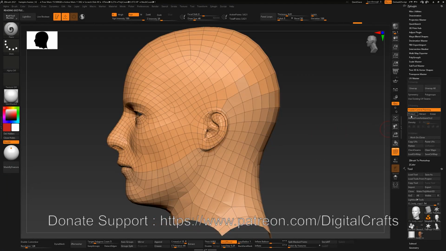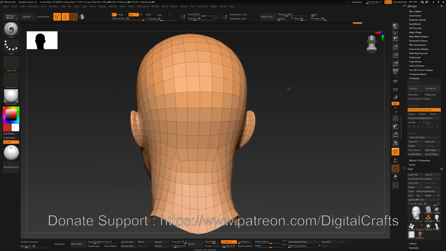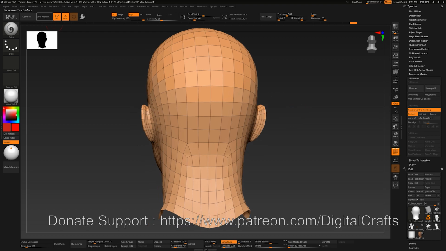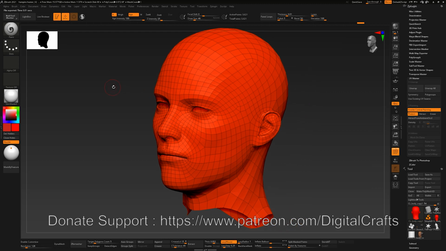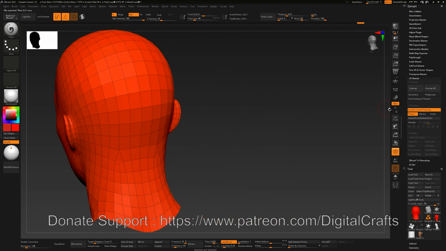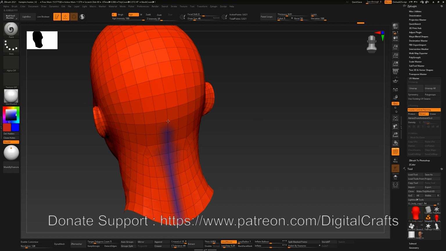We can just do some polypainting and tell ZBrush to maintain our edges, maintain the UV seams on some places. So this method I usually don't recommend, because it's telling ZBrush to just try to keep the seams on the painting area. So for example, if I paint my seam here on this edge,